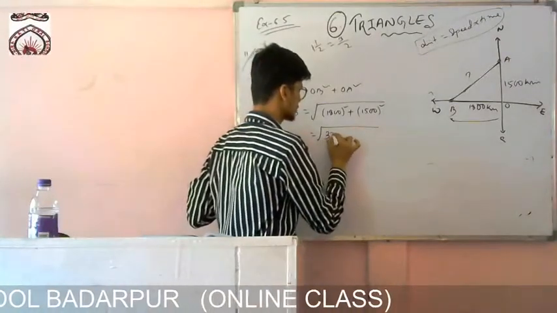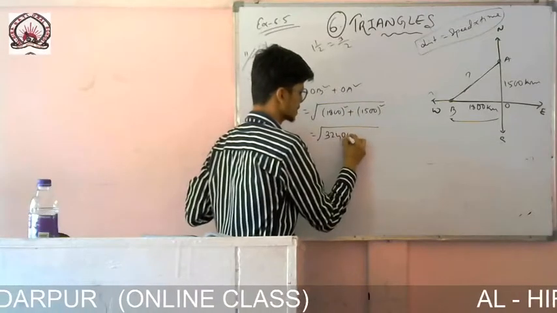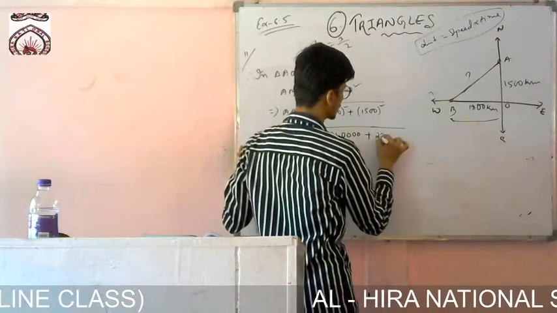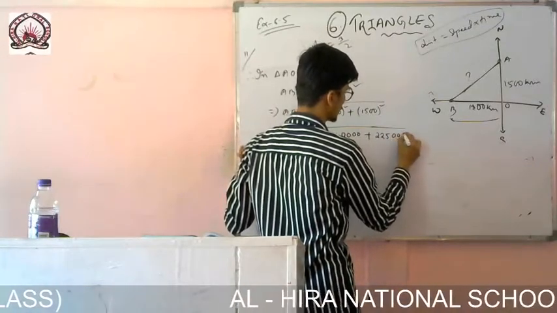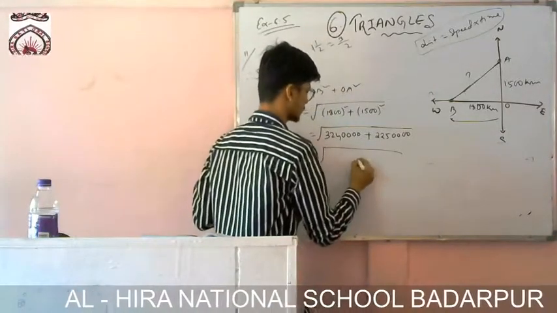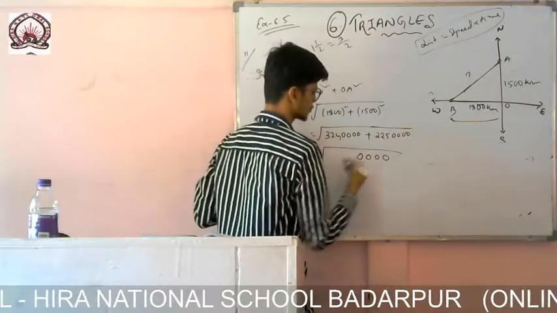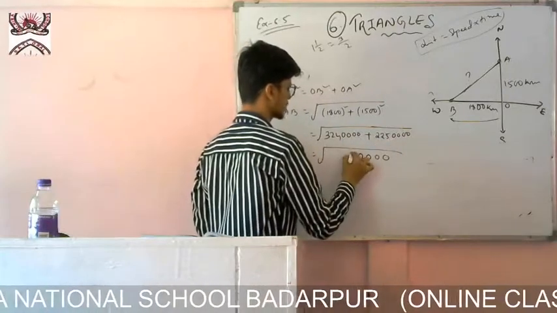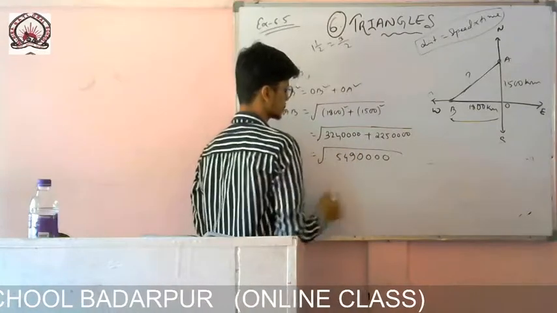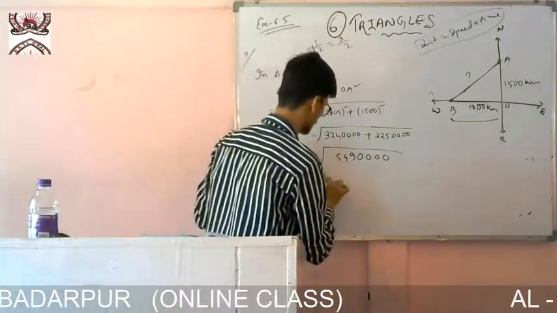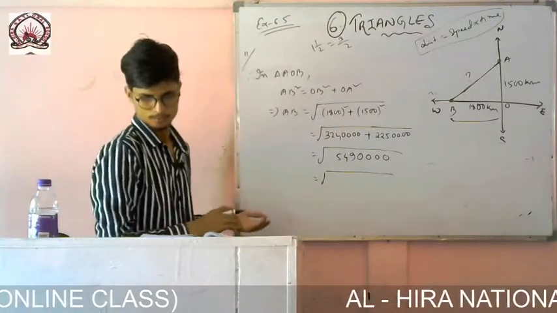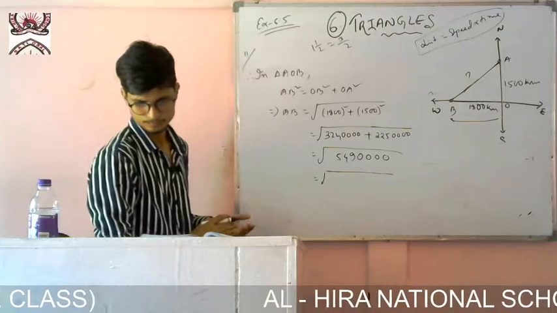18 square is 324, and 0 is there, so that will be 4 times, plus 15 square, which is 225, and 0 is there, so it will be 4 times 20. So if I add it, I am getting 1 2 3 4 0, so it is confirmed. 5 6 7 8 9 3 2 2 4 and 3 4 5. So 5 4 9, and after that 4 0.